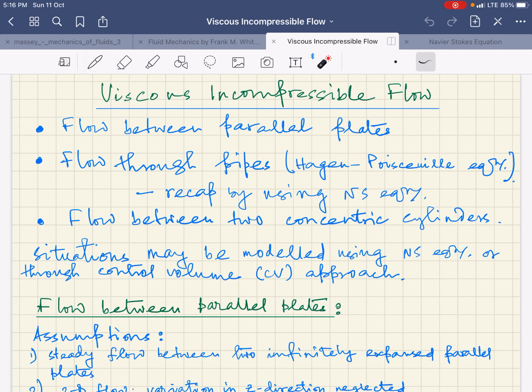Hello students, in Fluid Mechanics 2, we will start with the topic Viscous Incompressible Flow. As you can see, before starting the topic, you have already completed one full-fledged course in Fluid Mechanics, that is Fluid Mechanics 1, in which typically you started with the properties of fluids, then fluid statics, and after that you moved on to